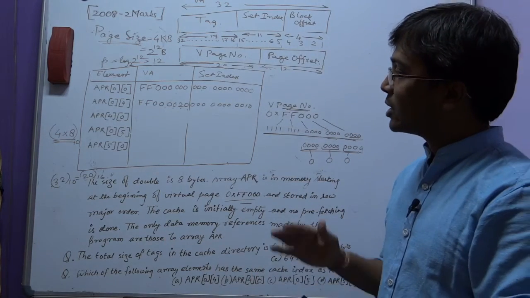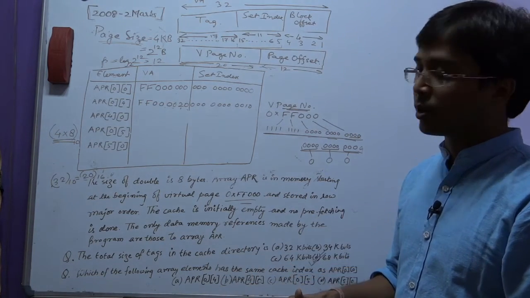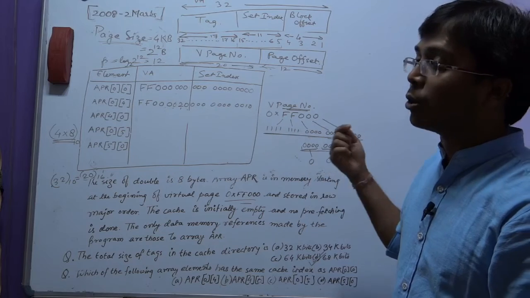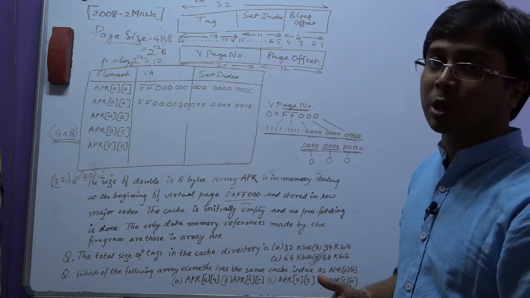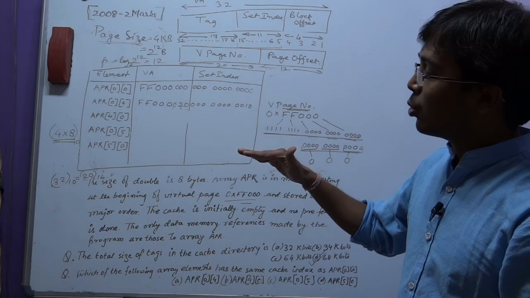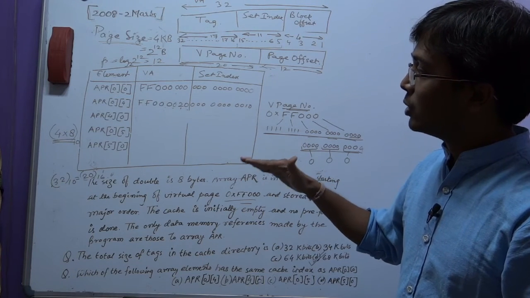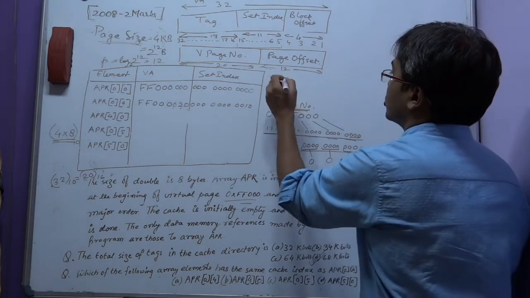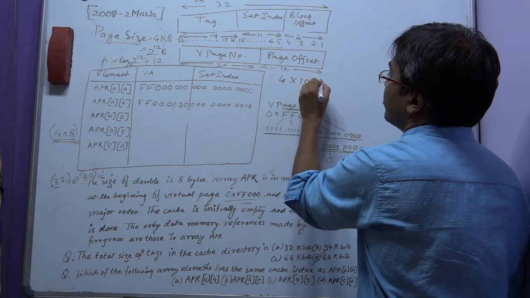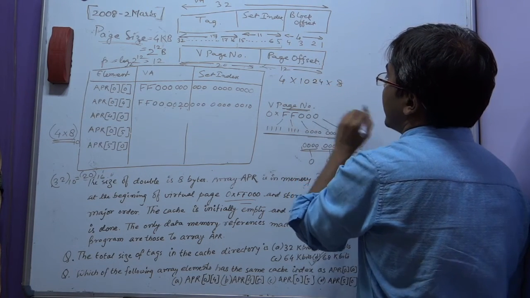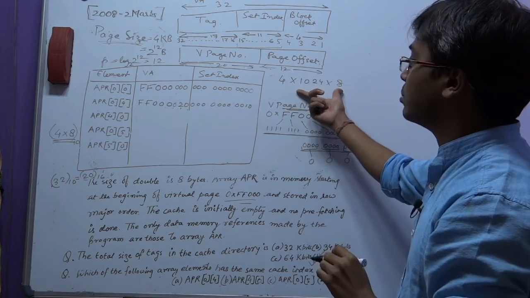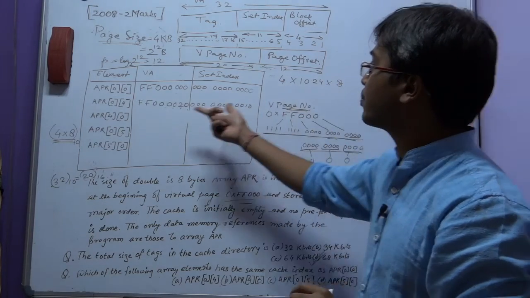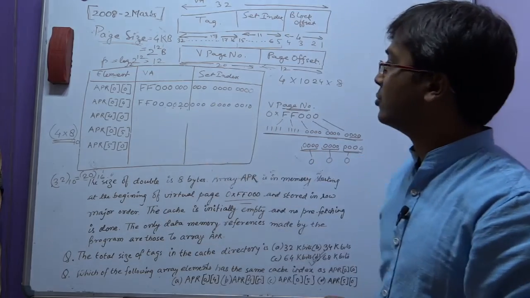Now 40 is the first element of the 5th row, right? Before it we have 4 rows which are filled up with 1024 elements. Each row has got 1024 elements. So to find out the address of 40, we need to find out the space occupied by all the 4 rows before it. So 4 rows, each row has got 1024 elements, and each element is 8 bytes wide. So this is the total space in bytes that would be taken by the first 4 rows, and if we sum this up with the address of the first element, we would get the address of 40.